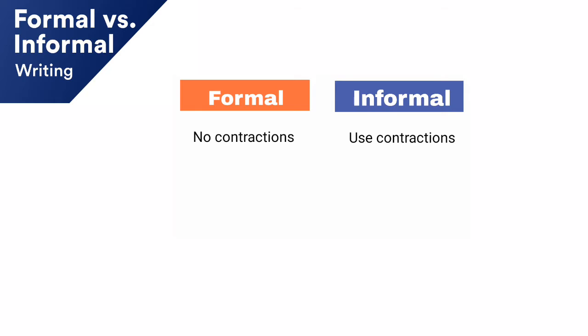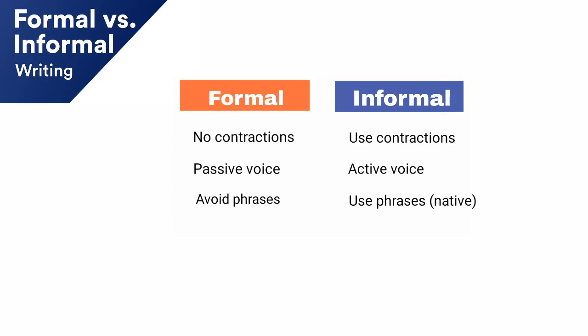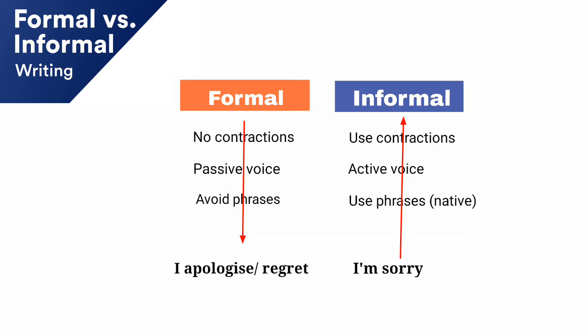For formal letters, you have to use passive voice, and for the informal ones, you have to use the active voice. Okay. And the last thing is the use of correct words. In English, when you write words, some words sound like formal ones and some sound like informal ones. For example, if I say, I'm sorry, here I'm sorry sounds like an informal one, right? Or if I have to make it formal, I would say I apologize or I regret. Got it? So this is the difference in vocabulary also.